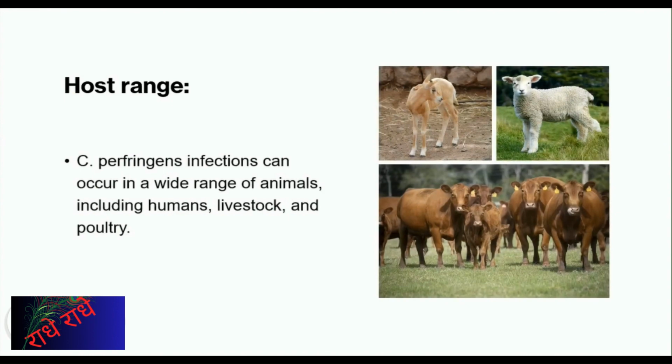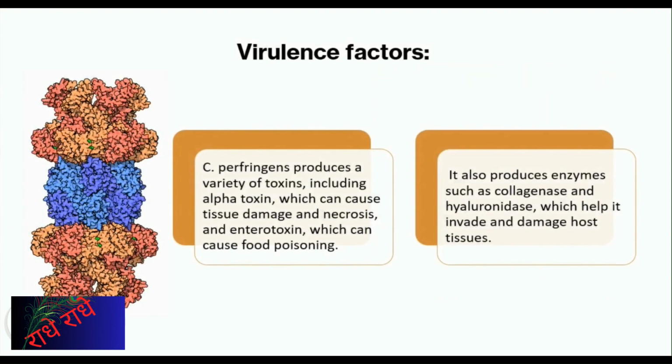C. perfringens infections can occur in a wide range of animals, including humans, livestock, and poultry. C. perfringens produces a variety of toxins, including alpha toxin, which can cause tissue damage and necrosis, and enterotoxin, which can cause food poisoning. It also produces enzymes such as collagenase and hyaluronidase, which help it invade and damage host